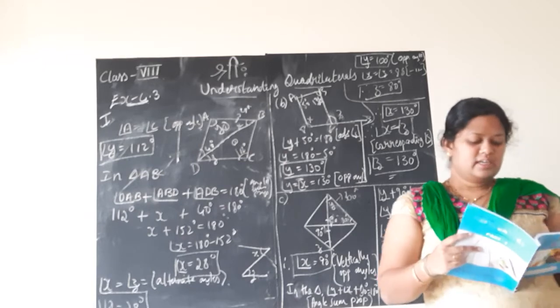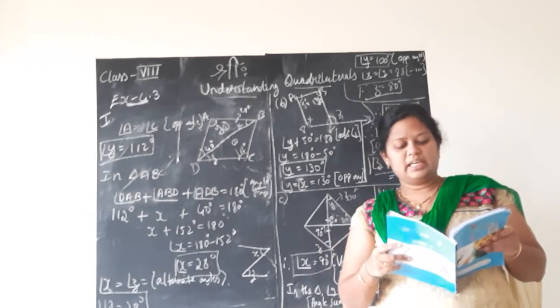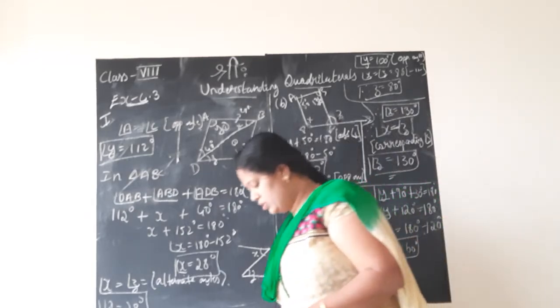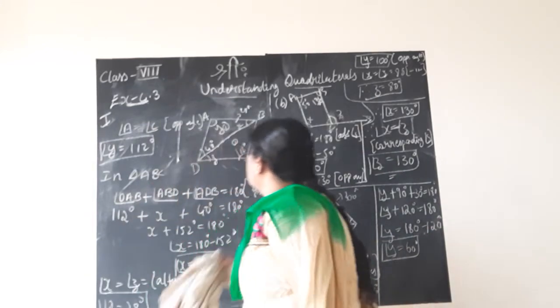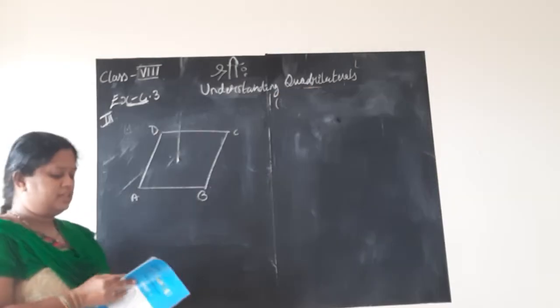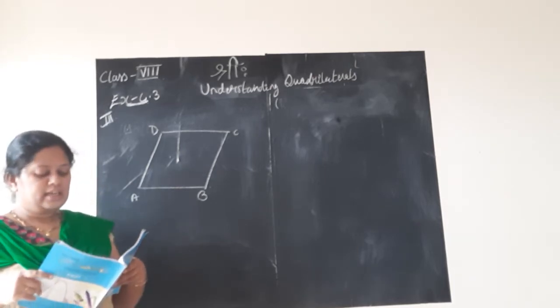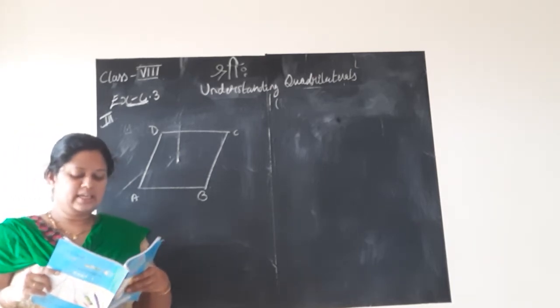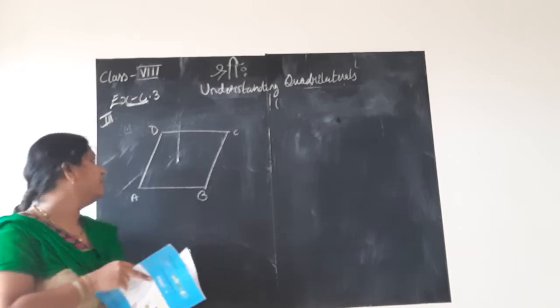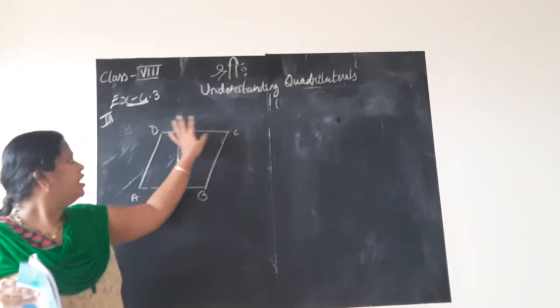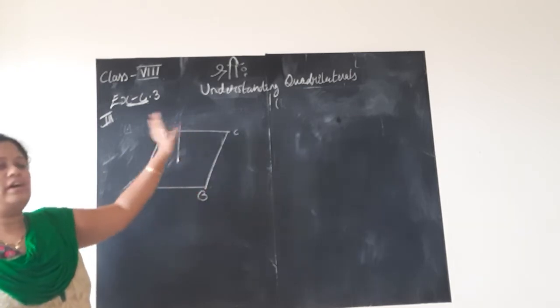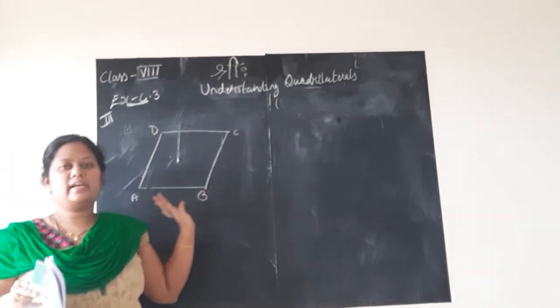Third main, can a quadrilateral ABCD be a parallelogram is the question. We should solve it now. Question is, they have not given any figure. You have to draw the figure. Okay now. Can a quadrilateral ABCD be a parallelogram if? So ABCD, I have drawn. A quadrilateral means it should have 4 vertex, that is 4 sides. I have drawn it now.